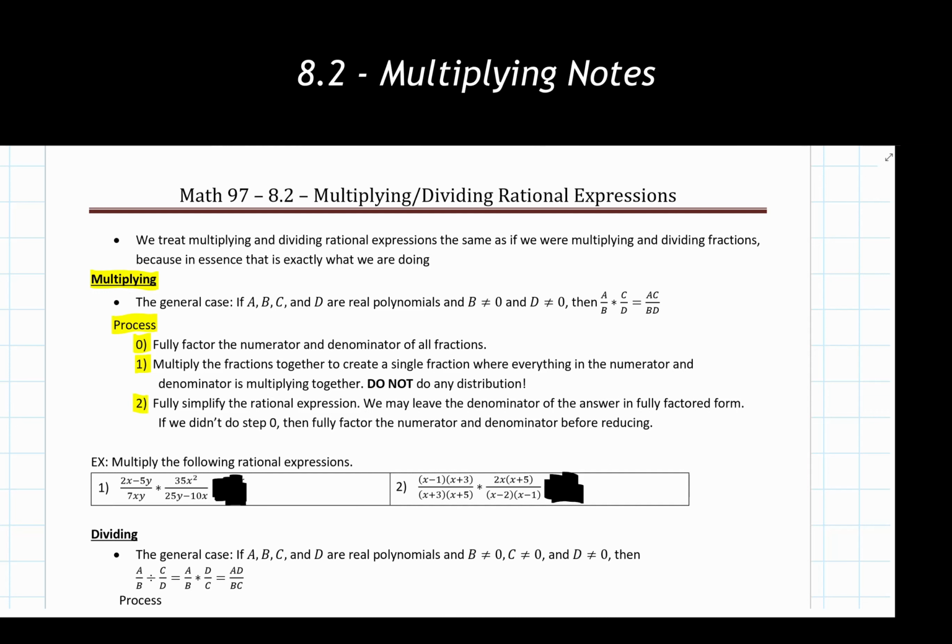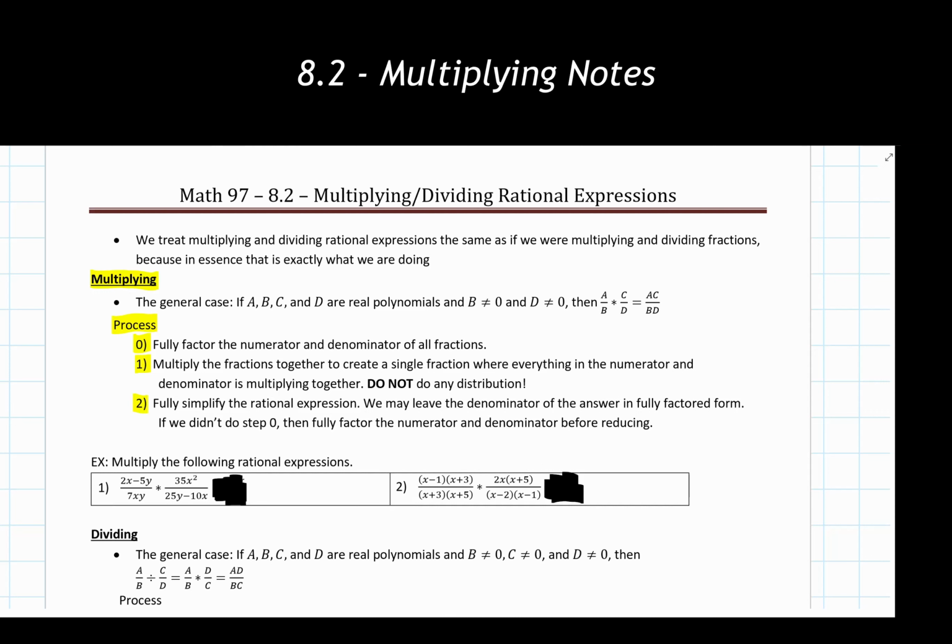Remember, in previous sections, we have to factor, then cancel. Fully factor all numerators, fully factor all denominators, then and only then can we cancel anything out. If you would like to do that, you can. We'll go through an example so we can see that a bit more clearly. But you don't have to in that step.